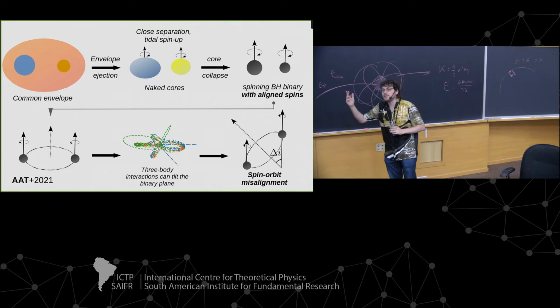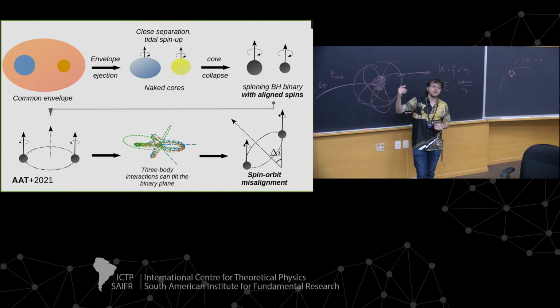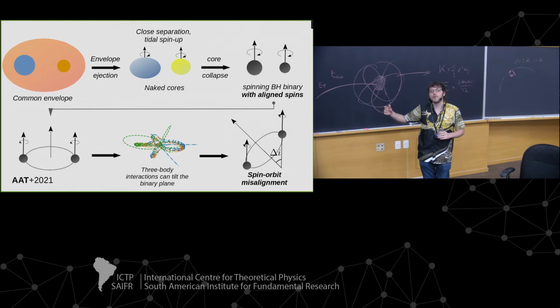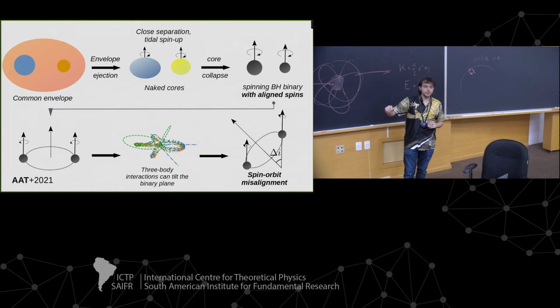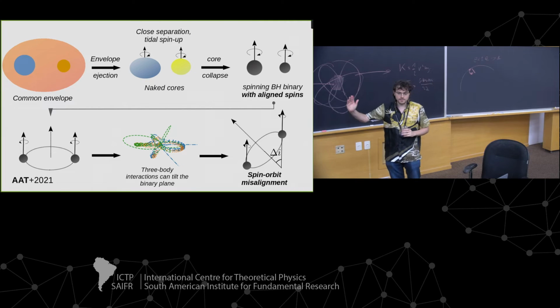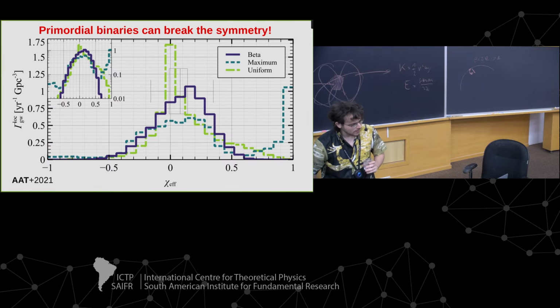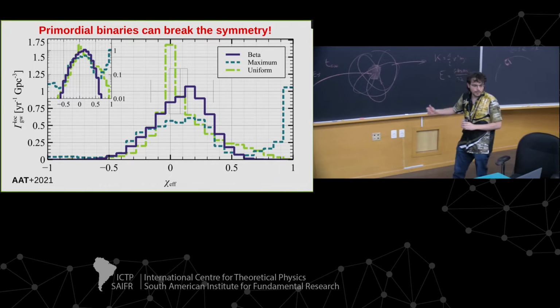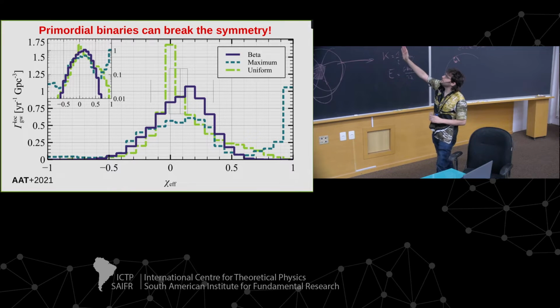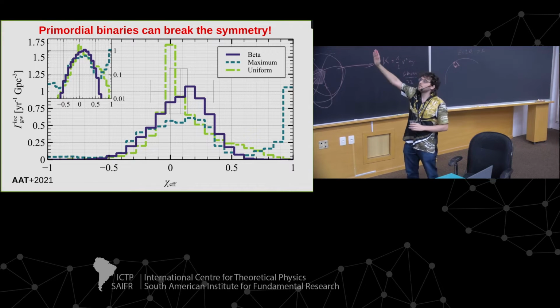And this is basically the kind of analysis that you've done with the binaries that you analyzed a few days ago. There were a set of binaries that were coming from isolated binary evolution, so primordial binaries, and the same binaries, but after a single three-body encounter. And what I was expecting from your data analysis was something a bit like this, so that originally the primordial binaries can only have positive chi-effective because they have aligned spins.